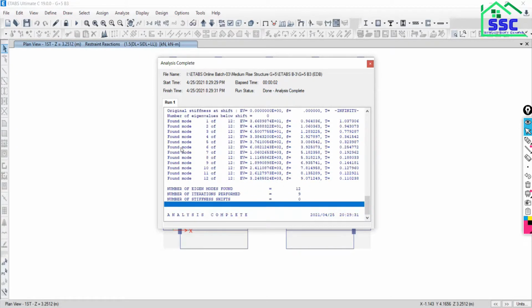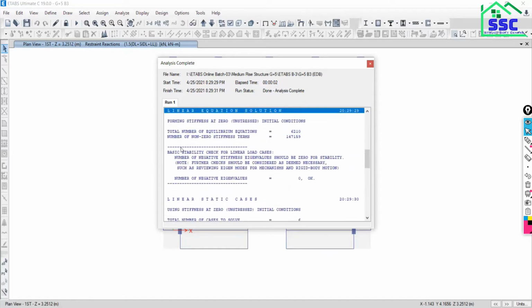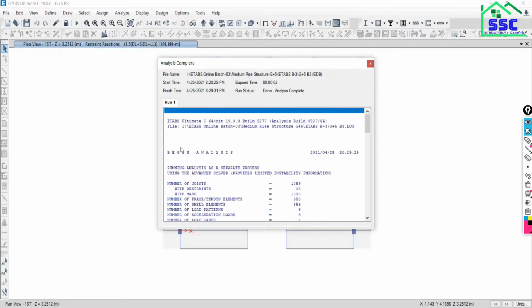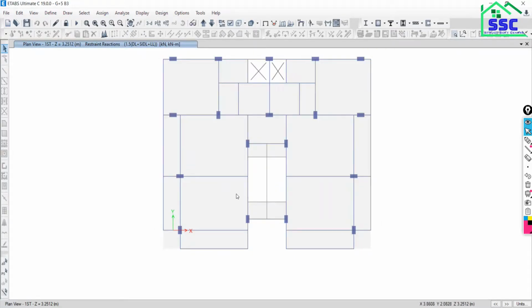Analysis complete. Is there any warning or analysis error? No warning, no error is there, means our model has been perfectly completed its analysis. There is a proper load transfer between each structural element. So we are okay. It's good for us because there is no analysis error.